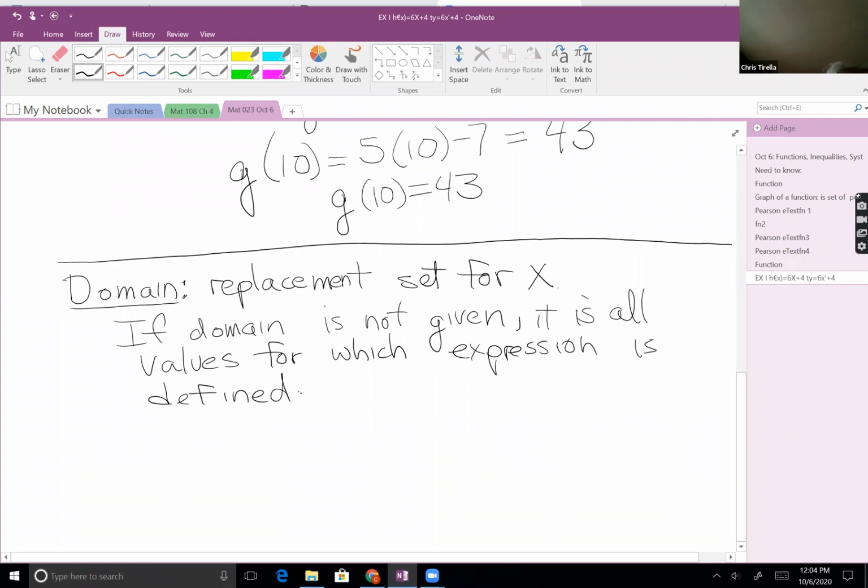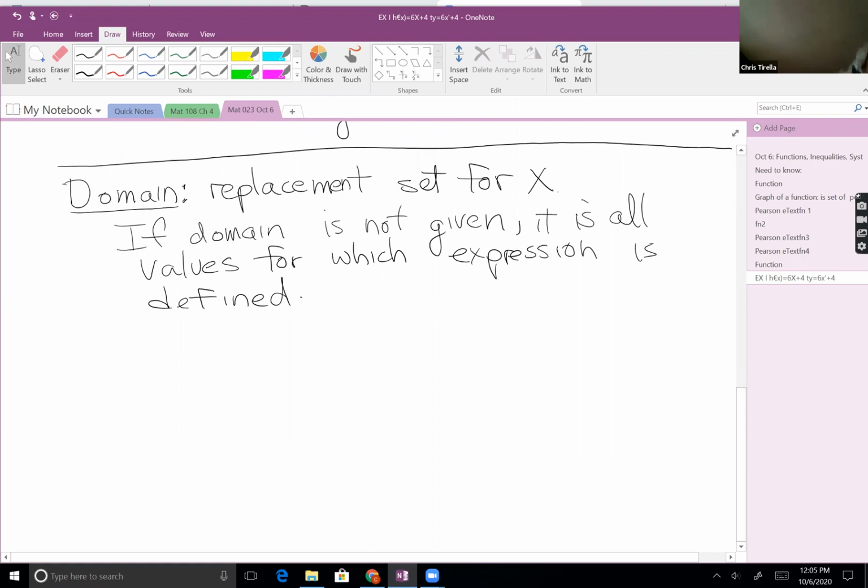And so, what the heck is that all about? It's every number that makes sense when I put it in for x in the equation. When I look at that idea of domain, that idea of it being all numbers for which it's defined, there's really only two things that we have to worry about. The two undefined expressions